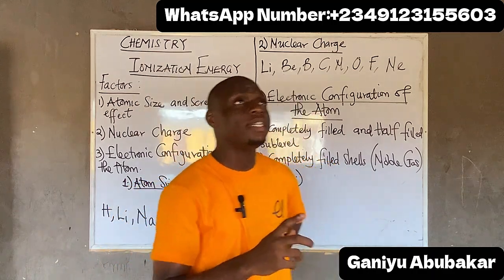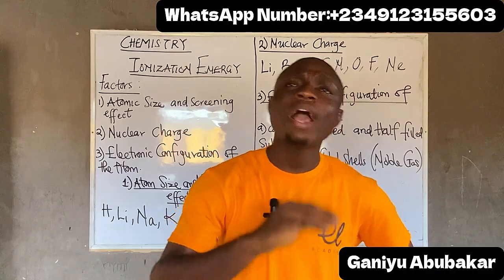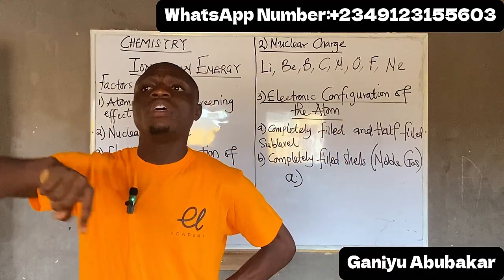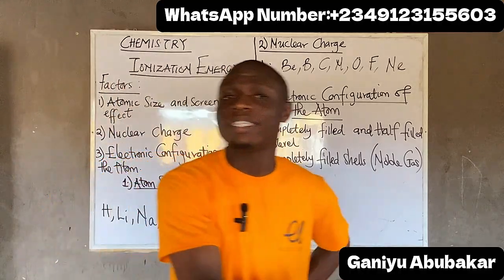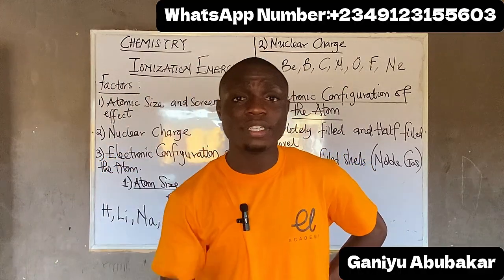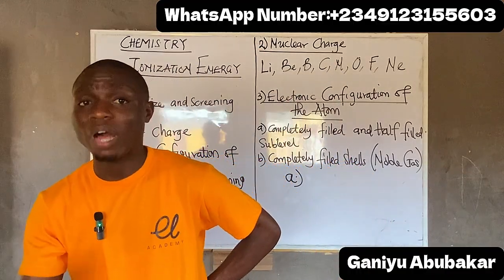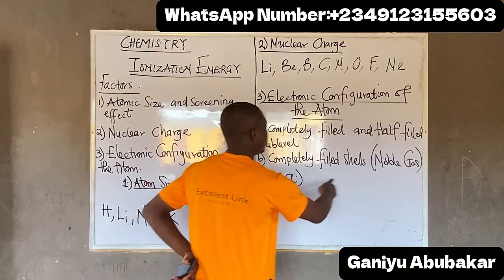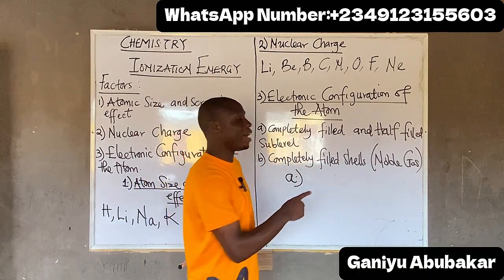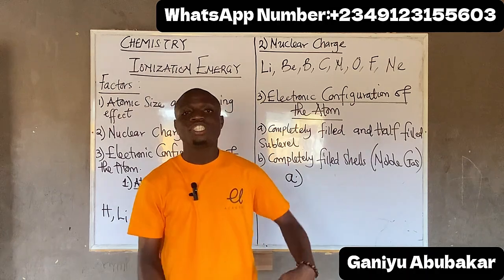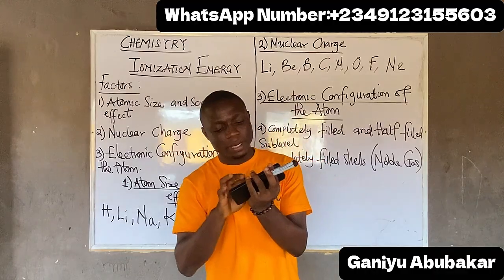So what I'm saying is that the stability of an atom is determined by two things. So why is a noble gas stable? Because in their shell there is either a duplet or an octet. So these two things occur in your noble gases. That is why we call them a stable atom, right? Noble gases are referred to as completely filled shells. In a case like this, what do you need to take out of this? What you take out of this is to note that